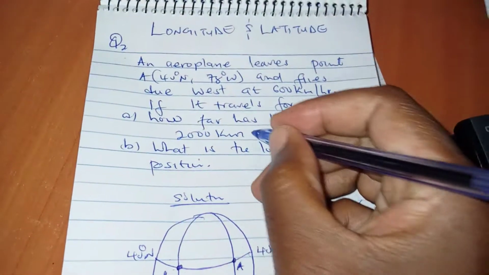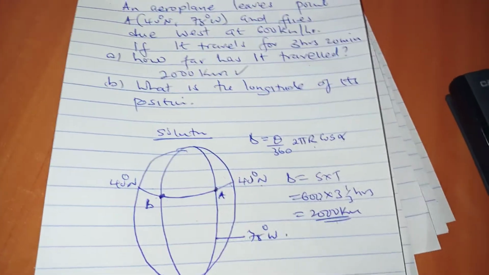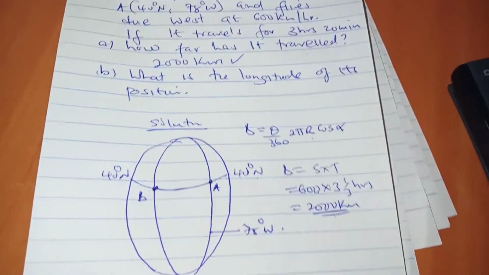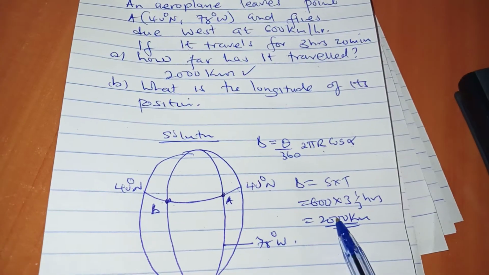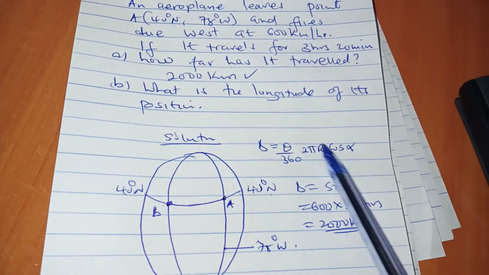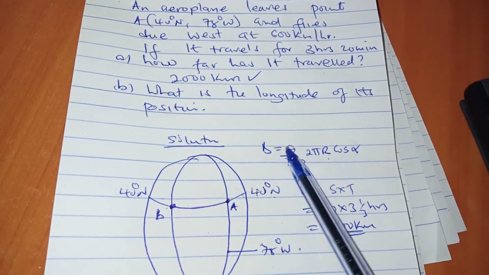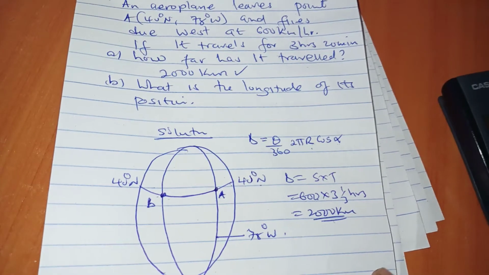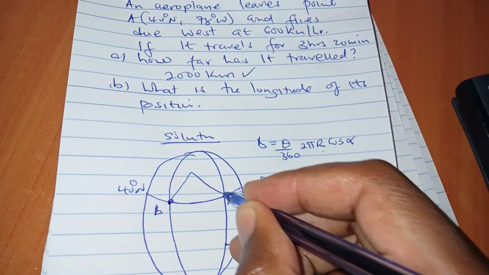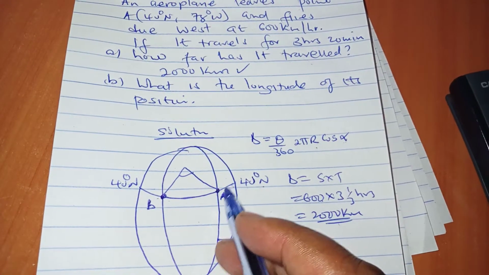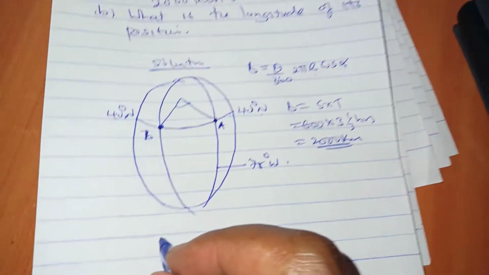Then, what is the longitude of its position? This is where we need to be very careful, because we are going to equate this distance to this formula here, substitute what we have, and look for what we don't have. In this case, we'll be looking for theta, which is this difference here. You'll see that this plane is traversing along the parallel of this latitude here. So we have to equate 2000